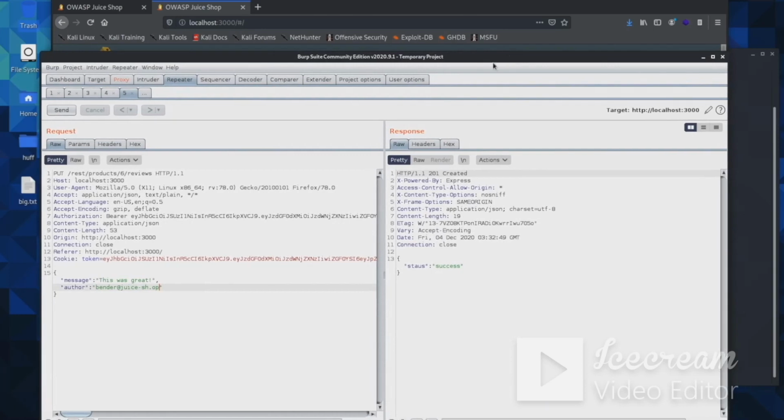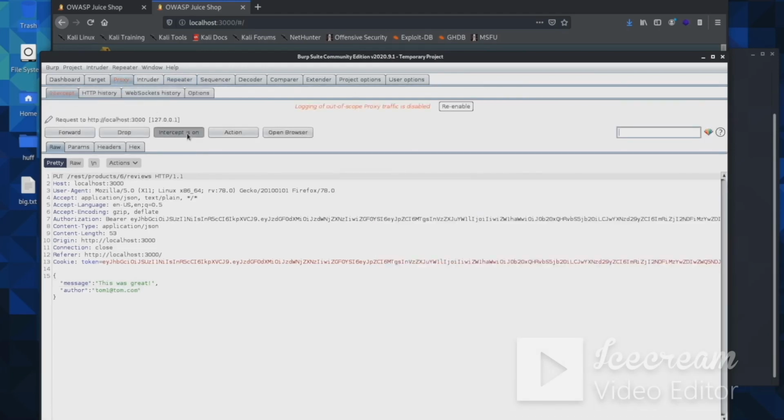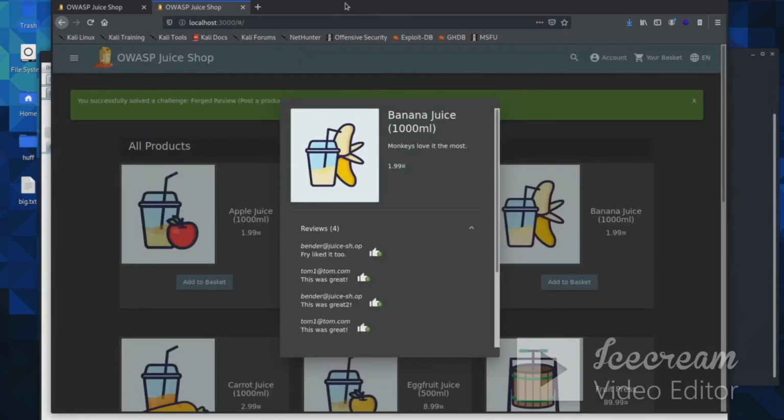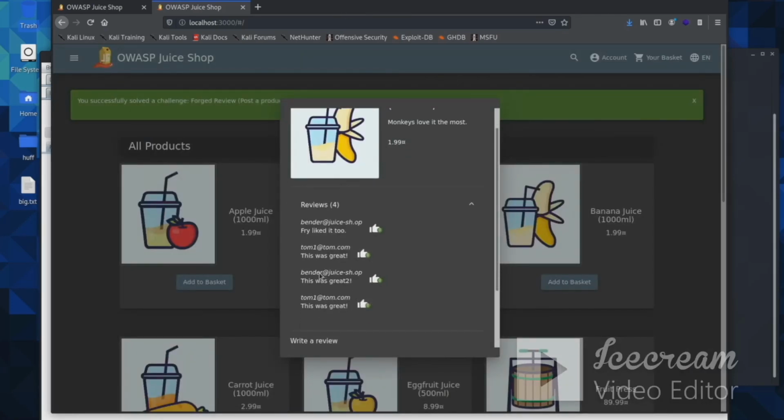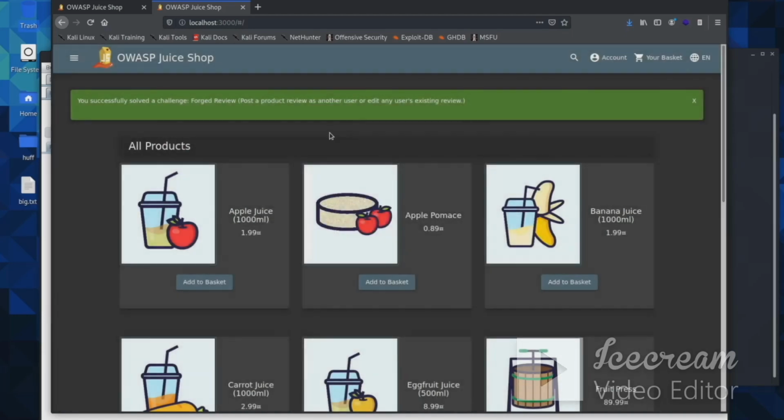And then we should be able to send this, and we'll actually just put in something else here and send it, and it says it was created. We'll turn the intercept off, and you can see here it was created under someone else's name,